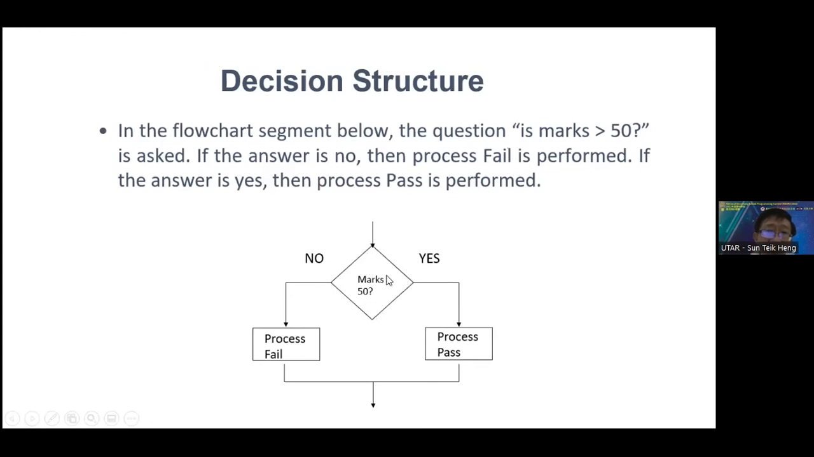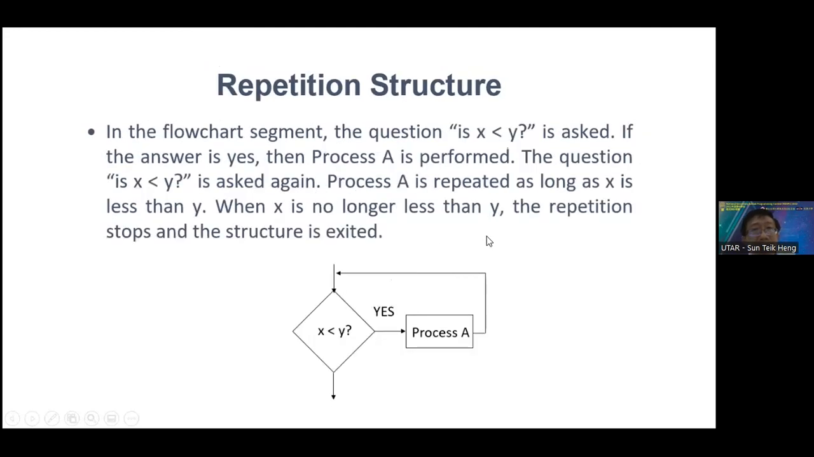All right. So you make a decision. Is the marks greater than 50? If yes, you do something. If no, you do some other things. Repetition. Now, repetition also you use this because you have to do some decision here, where you decide if X